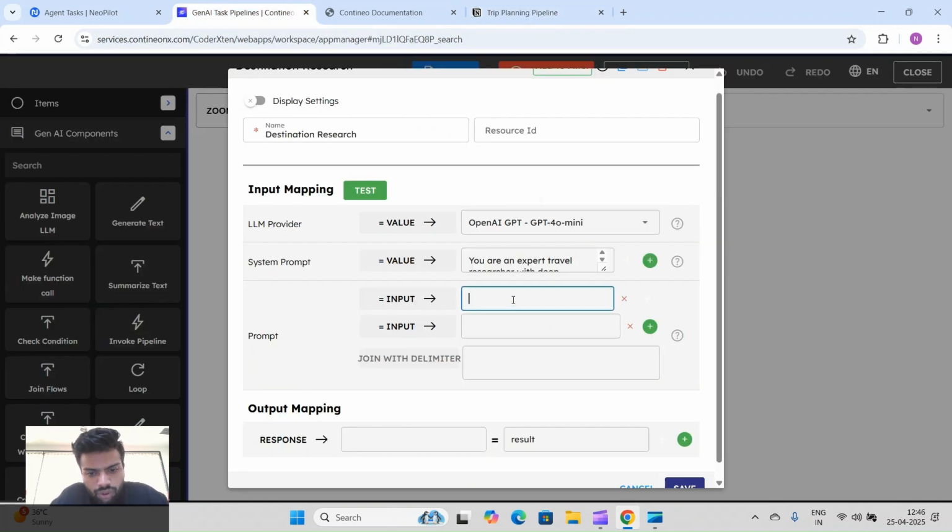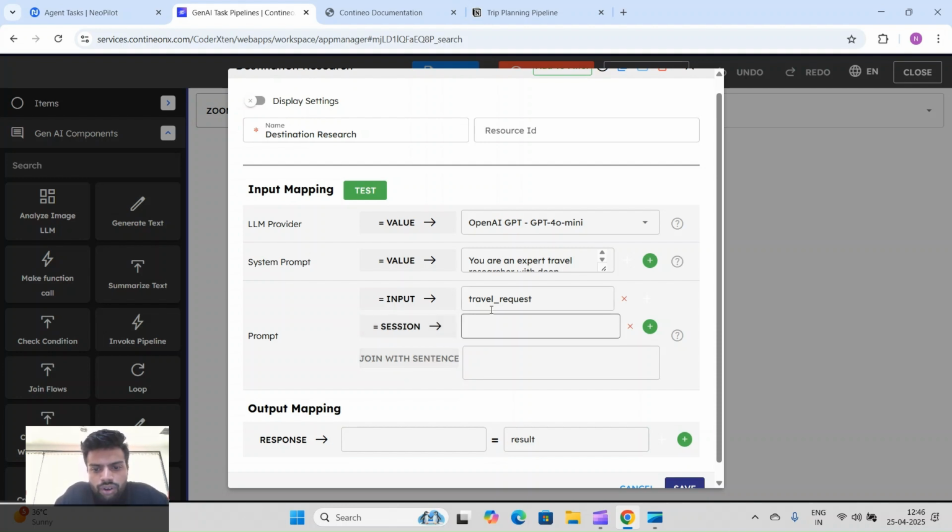So we will take this travel request as an input, and then we'll make it a sentence. As you know, all these things we have explained in detail in the documentation section, so I will just give you a brief overview. Input is something which we take from HTTP or from outside. Session is taking inputs from a previous step, and value is something hard coded there.